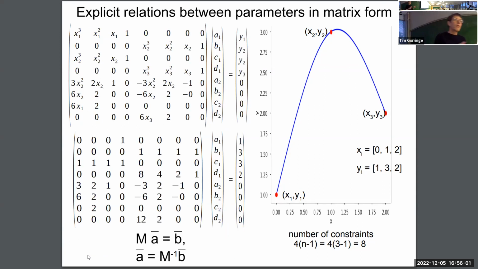Okay, so this is a problem of linear algebra. It's an equivalent problem of, as I say, 2 equations, 2 unknowns, but now we've got 8 equations, 8 unknowns. And so it's very handy in linear algebra, very handy in Python, if we write this out in matrix form, and then we can solve it in Python in matrix form. So that's all I'm doing here. So upstairs here, if you look at this product of matrix and vectors, this is simply those 8 equations that I wrote down on the